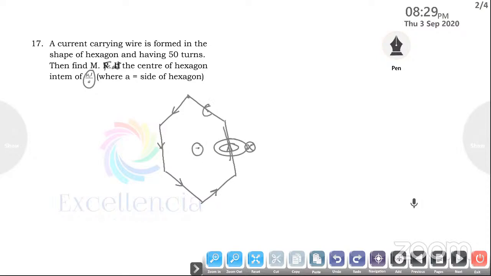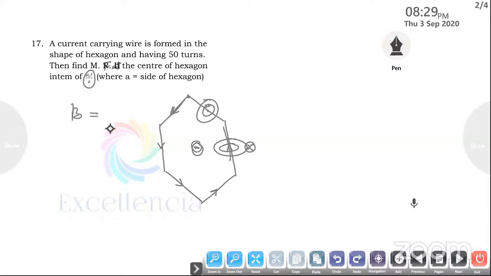If you draw the field lines over here and hold by the right hand rule, the field lines are coming out. So at the center, the direction of field is outward. The same is the case because of this side also, the field will be outward. So all 6 sides will contribute, and the net field will be out of the plane of the paper. So because of each side,